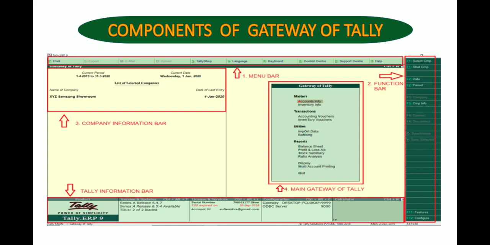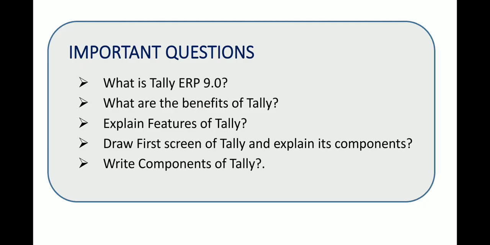Just know about Tally. Tally is very simple. It is an accounting software. It has different versions. Yearly they have created many different versions, but the latest one is Tally Prime. But in your syllabus you have Tally ERP 9 as the accounting software. Next class we'll discuss the components of Tally and how to create a company, everything.